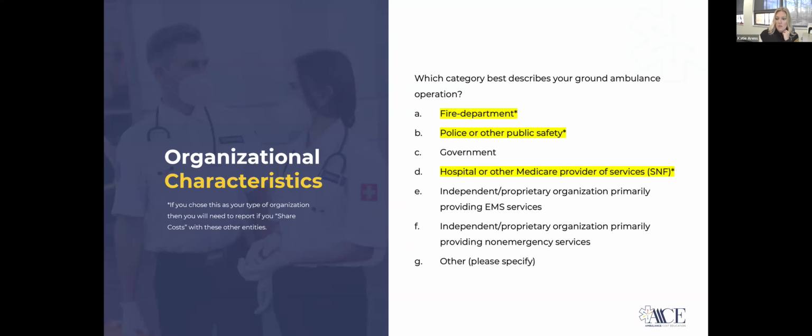Let's just say you get farther along in the tool and it starts asking you for allocation specific data. An example would be you're reporting vehicles, and then it asks you, okay, how much of this cost was specific only to ground ambulance responses, or how much was specific to fire or public safety? If you're getting those questions and you don't have shared costs, it means that probably in section 2, you might have clicked the wrong box and you need to go back and correct that. Next slide.